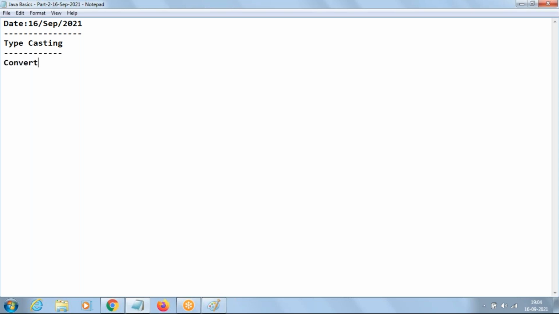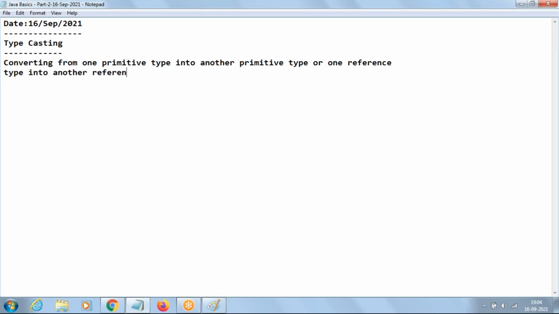You can say converting from one primitive type into another primitive type, or one reference type into another reference type is called typecasting. So converting primitive to primitive or reference to reference.